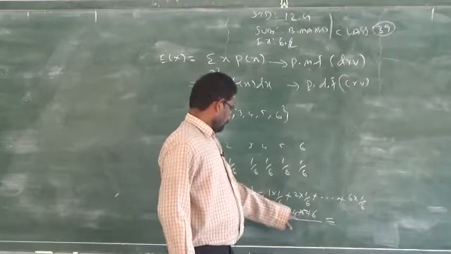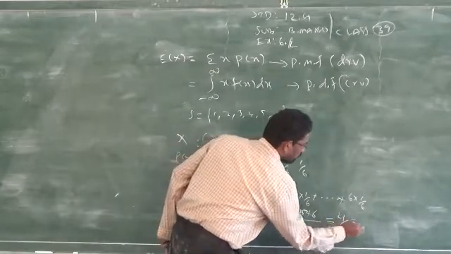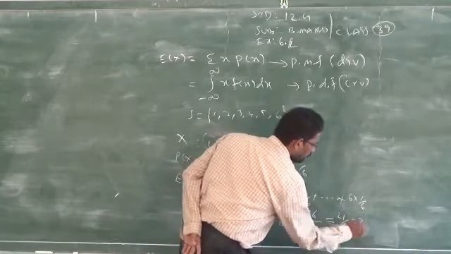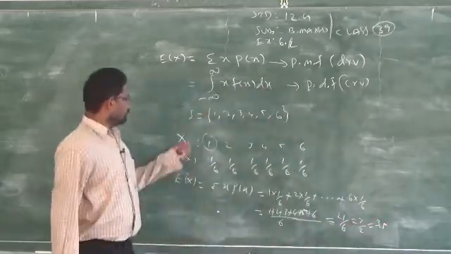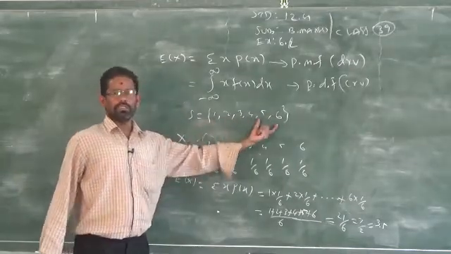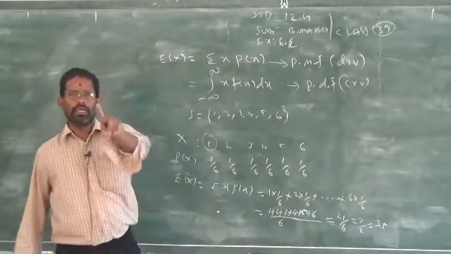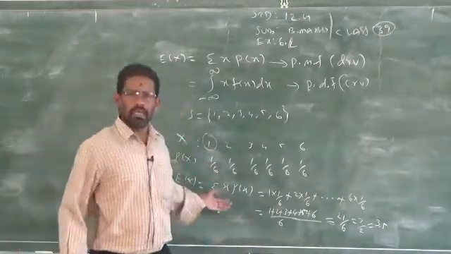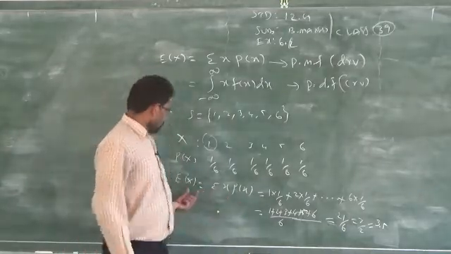5, 10, 15, 21. So 21 by 6, which divided by 3 table, you will get 7 by 2. Answer is 3.5. Clear? So probability of getting 1 out of 6 is 1 by 6. To get 2 in 1 dice, 1 by 6. This you know already in 10th standard. Is it clear? So this is the formula.